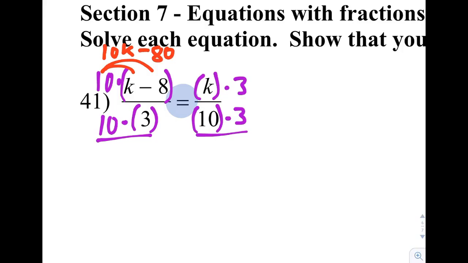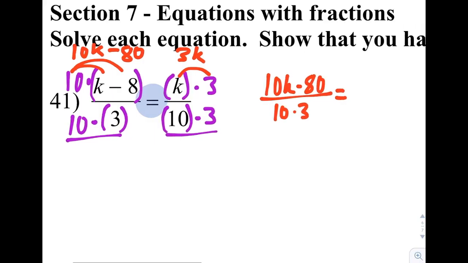On the other side, I have 3 times k is just 3k, single term. And all of this is over my common denominator of 10 times 3. So if I were to rewrite this, you don't need to do this, but just to make this a little clearer, I have 10k minus 80 over 10 times 3 equals 3k